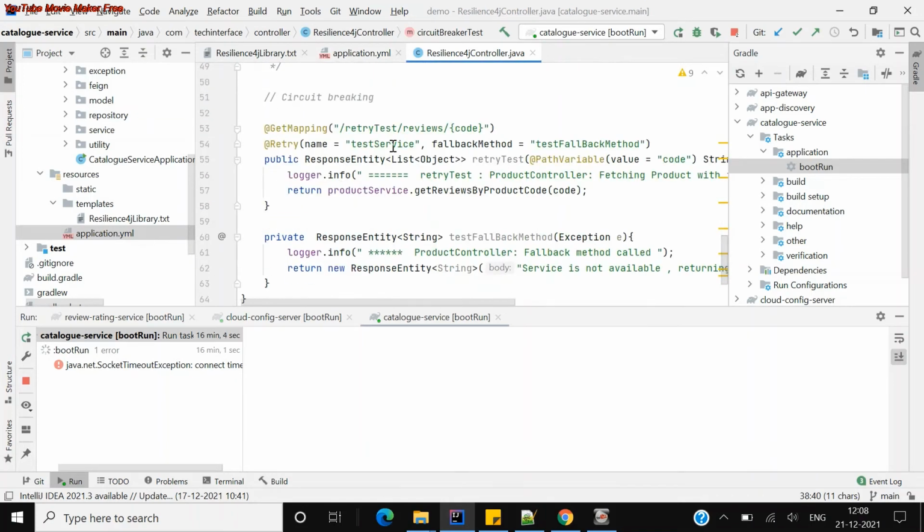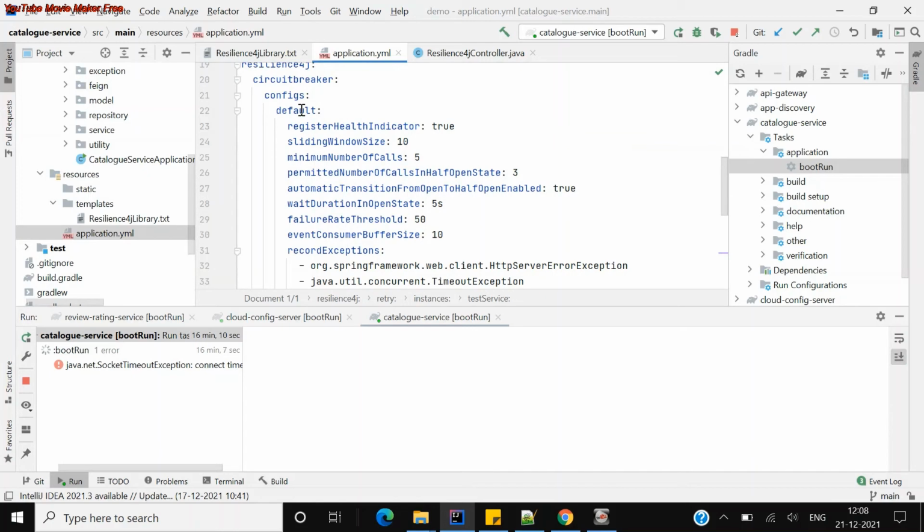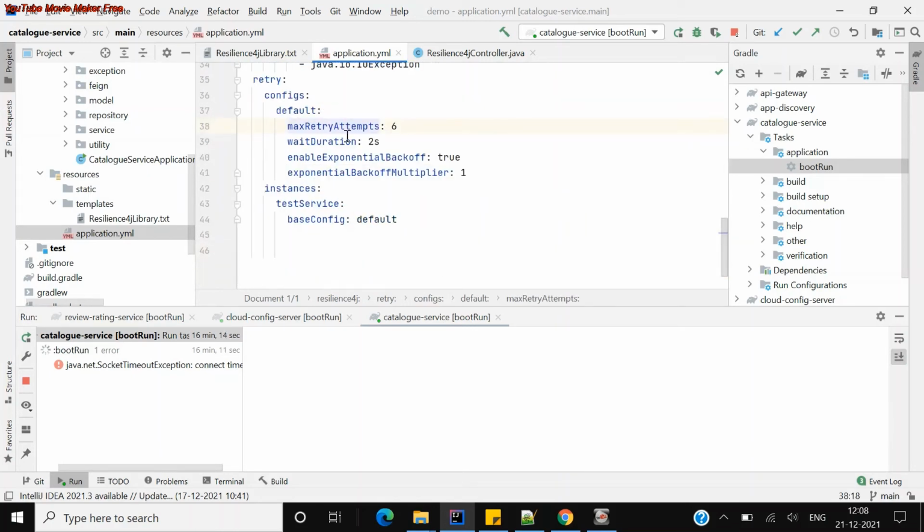This is the basic configuration in the circuit breaker, and now look at the retry. For retry default, I have given 6 attempts, wait duration is 2 and exponential backoff multiplier is 2. So it will keep on multiplying each time: 2 into 1 is 2, now again 2 into 2 is 4. So it will keep on going.